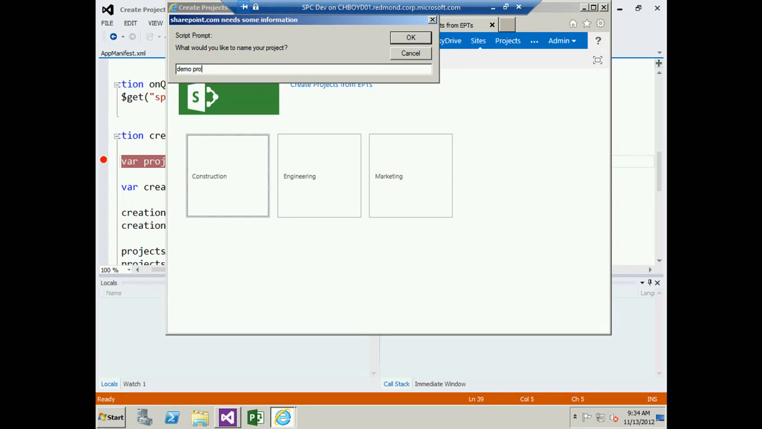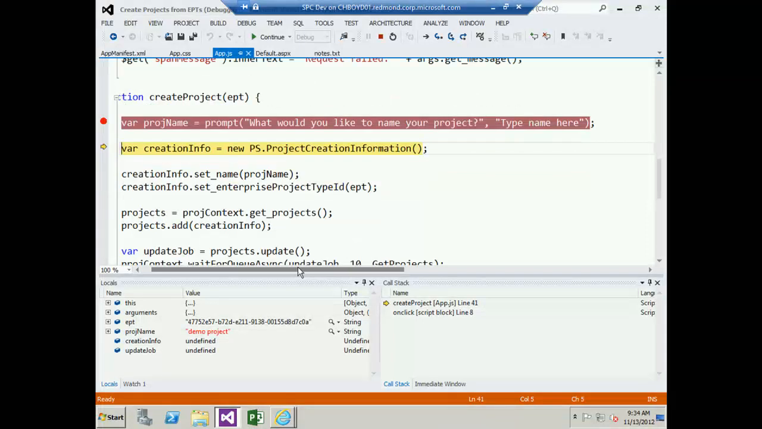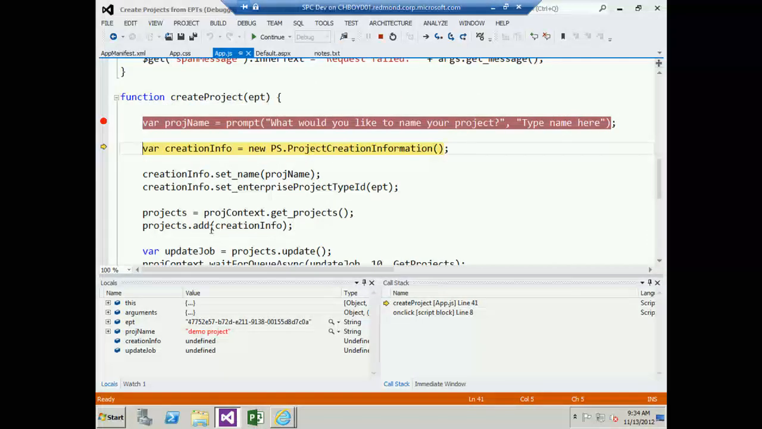Demo project. We're going to create a project called demo project, with that EPT, which I believe I clicked on the construction EPT. To create a project plan, you create a creation info object. You'll see this throughout. If you need an assignment or task or resource, you create a creation info object. You set various fields. In this case, we're setting the name and the EPT type. We then grab the project collection, and then we add this particular project to that project collection, and then we